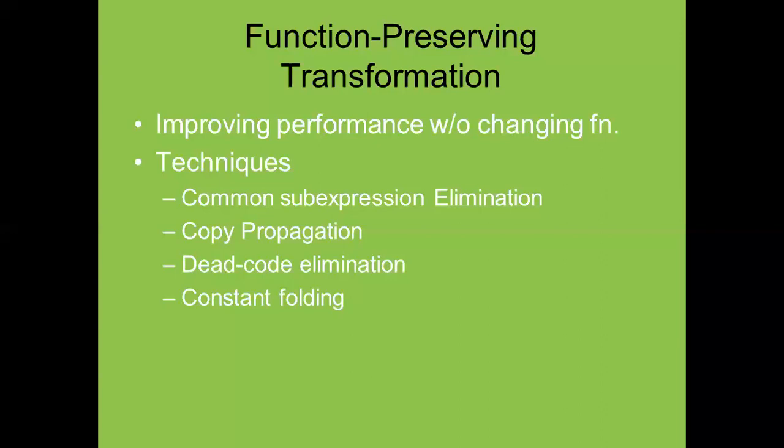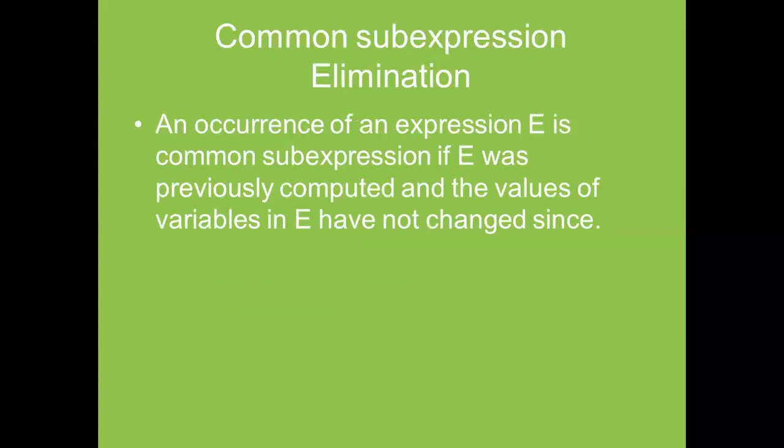If we want to improve the efficiency of our compiler, then we will use some techniques. The first is common sub expression elimination, the second is copy propagation, the third is dead code elimination, and the fourth is constant folding. Now, first we are going to consider common sub expression elimination. Some examples we have already seen in the case of the three address code.